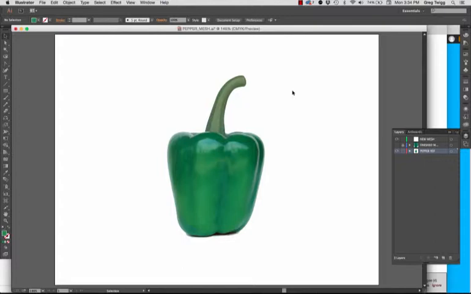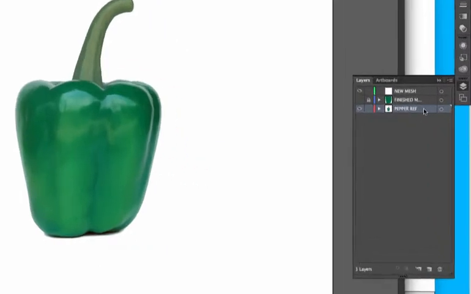So what we're going to do is have a look at some of the techniques used with the gradient mesh to gain realistic looking images. The first thing that I want to show you is a little trick, and it'll help save us some time down the road. This file that you'll be using with this video has a base layer set up called the pepper reference, and I'd like you to duplicate that layer,